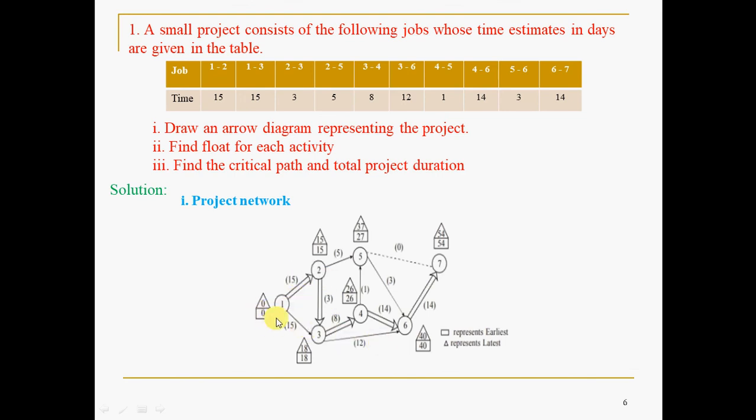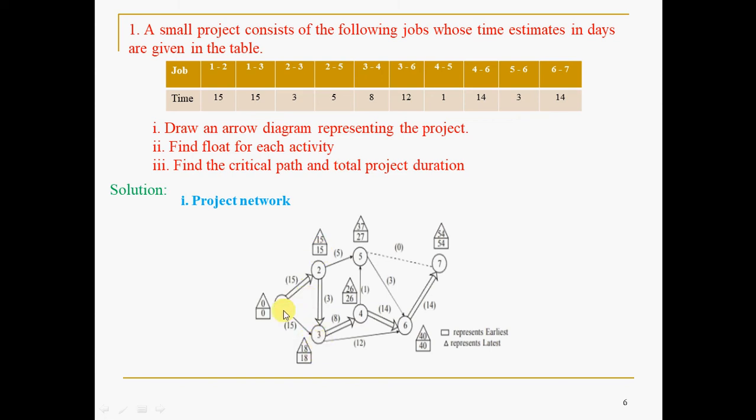Then I have told to draw one square box and one triangle box. So let us discuss the square box first. This is called forward pass that we discussed in earliest start time and earliest finish time. It is very simple. Always the first square box will be 0, 0. Now 1 to 2, how many paths are possible? Only one path is possible. Then how to get this square box value: 0 plus 15. 15 it is.